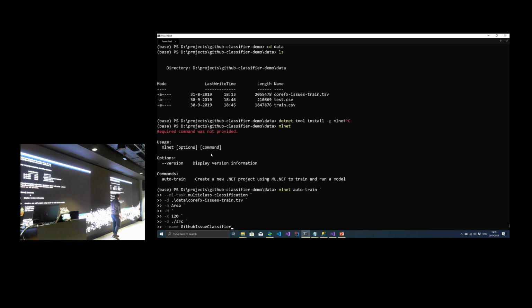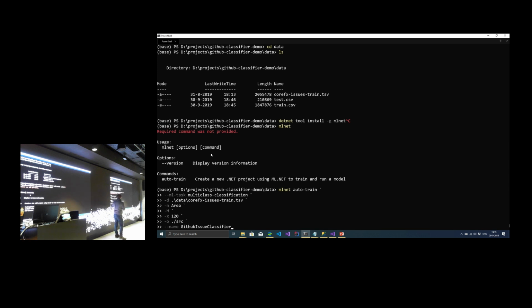Then I will feed it a set. In this case, for the time being, I'm going for the full training set of Microsoft offers. Then I will say -n, this I'm going to predict. I'm going to predict the area of the issue, using all the other columns that I have in my data set.